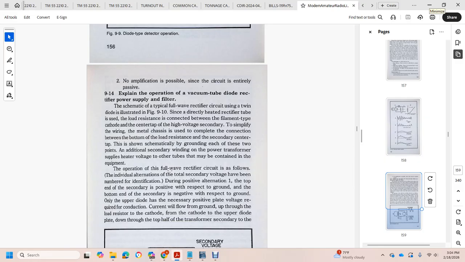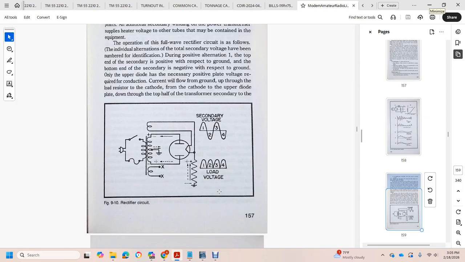during alternation 1. The top end of the secondary is positive with respect to ground, and the bottom end of the secondary is negative with respect to ground. The upper diode has the necessary positive plate voltage, so it conducts. The current flows from ground up through the load resistor to the cathode of the upper diode, then from the plate down through the top half of the transformer secondary to